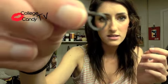So what you're going to need is a hair tie. I'm going to use one of these little hair ties. You can use a regular one, but I'm going to use one of these baby ones, and you're going to need some bobby pins and a comb of some sort, or a brush. So I'm going to comb my hair